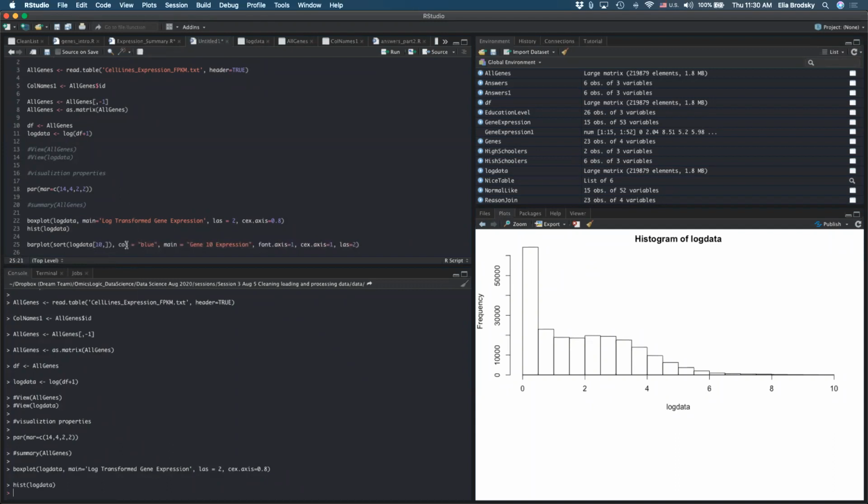And what colors? So we have some color here, that's fine. The name of this will be gene 10, but instead of gene 10, I actually want to get the actual gene name. So here, instead of this, what I need to do is get my call names, right? Call names 1.